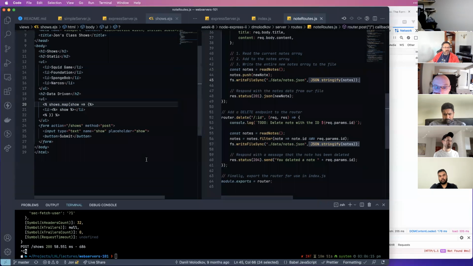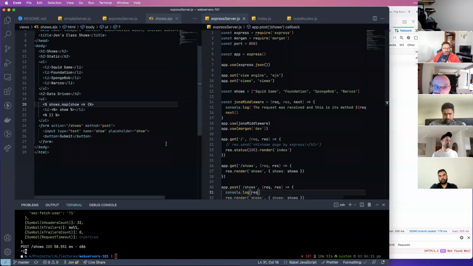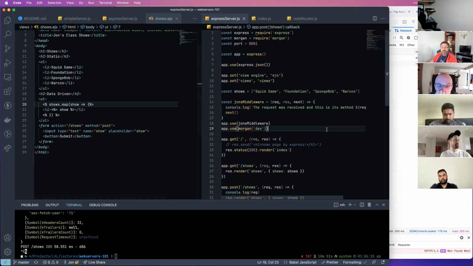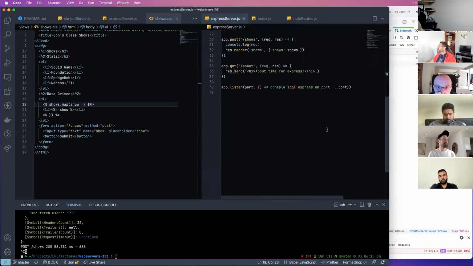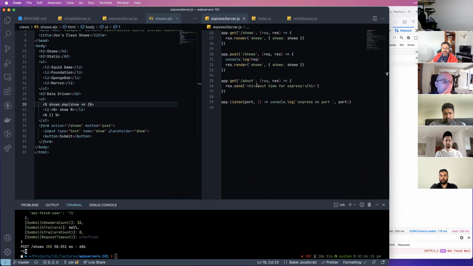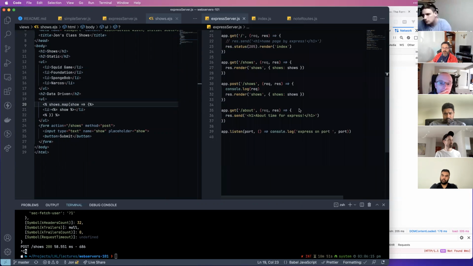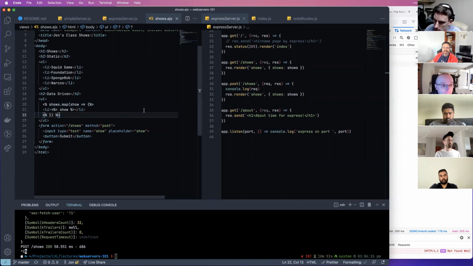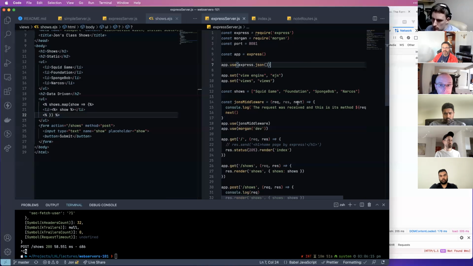Okay, I am not going to waste much more time with this. I will get this to work and I will share this code with you, but I'm not going to keep you much longer because your time is valuable. So the post would have added a line to this, or added a new show. I'm sure it's something really stupid and small, and I will get it to work. But in the meantime,